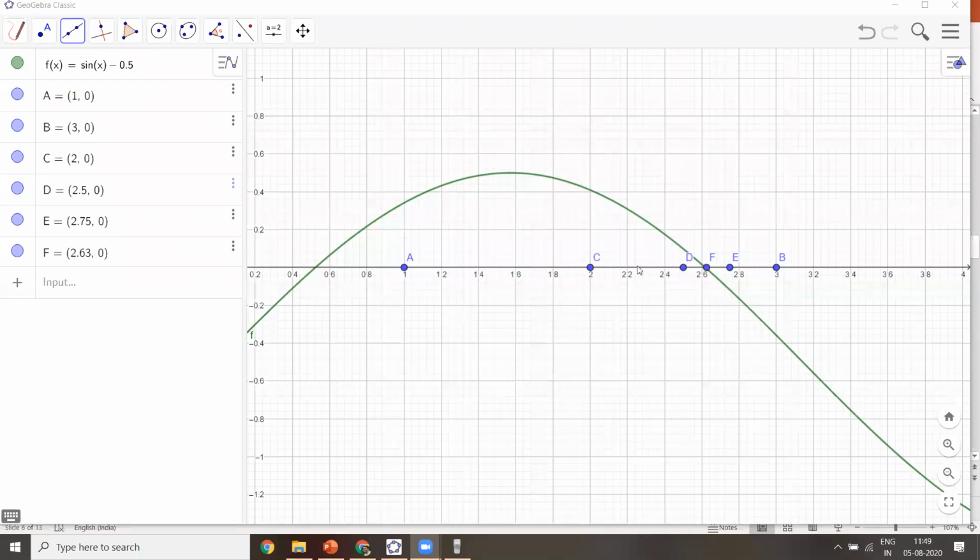Then we change it: x1 is 2 and x2 is 3. See, now from this we can say yes, somewhere between these two is your root. So you will start the next iteration by taking x1 equal to 2, x2 equal to 3. We updated this in the next iteration. Then what did we do? The root is between these two, so we found their mid point. Okay, so that is d.